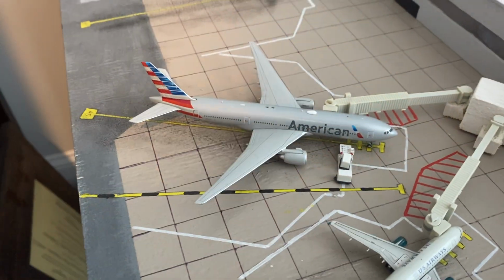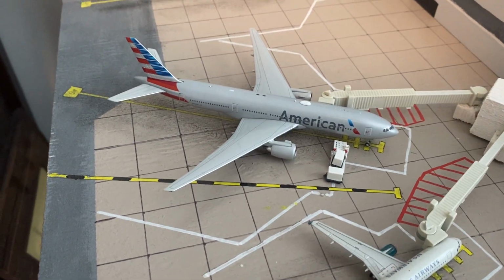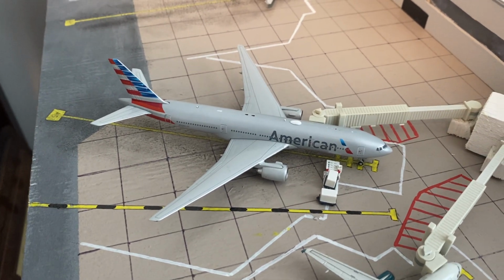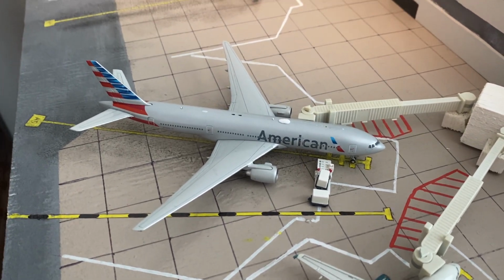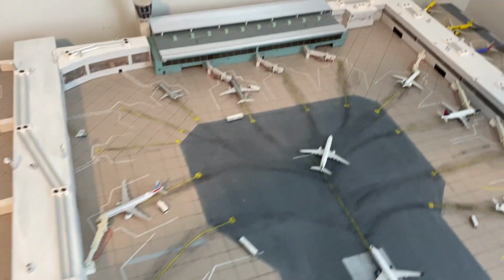And this is the big one. This one's the really exciting one. The American Airlines 777-200ER heading on out to London Heathrow. We get 2 777s a day, a daily London Heathrow and a daily flight to Miami. So it's really cool to see those 777s now because I was able to see one, well, 2 of them